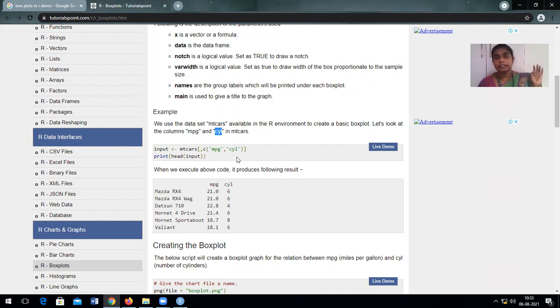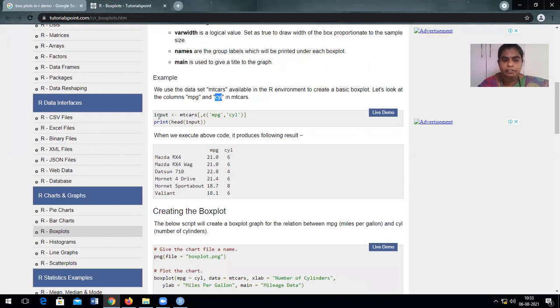Last class, which data set were we using? We were using the grades data set. In grades, you had so many columns. You may remember the final column, quiz column, final 60, grade column, right? So all these columns can be plotted individually. The same way, just like your final 60 and your quiz, here we have the columns mpg, cyl, etc. So here, first we are just taking the input, fetching the columns mpg and cyl from mtcars.